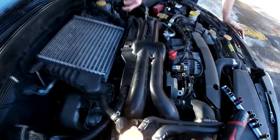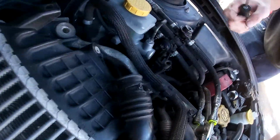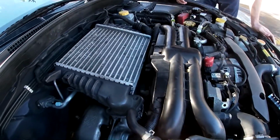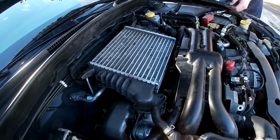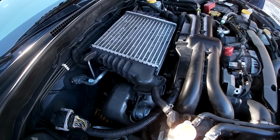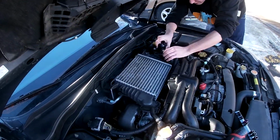All right, guys, we couldn't really see much, but this hose that comes up here, that guy runs down under here and in there somewhere, and he tugged on it a little bit and it just popped right off. So I'm thinking it might have been loose and it kind of just popped off. So we secured it back on there. It doesn't have a hose clamp or anything, but we're gonna put it back together, start her up, and see